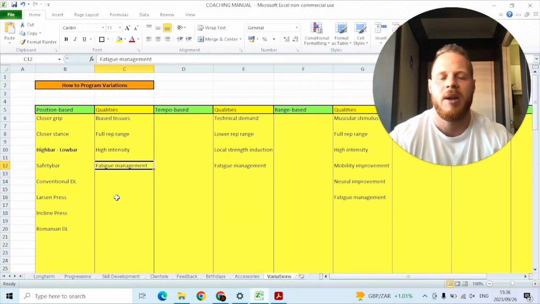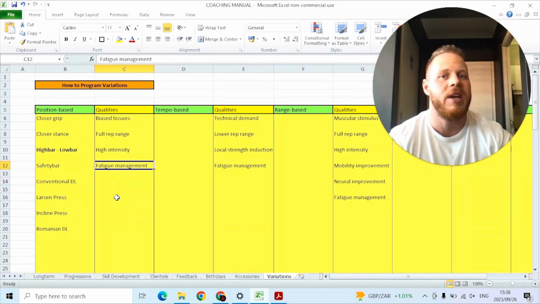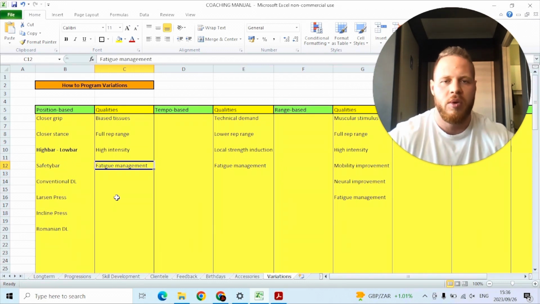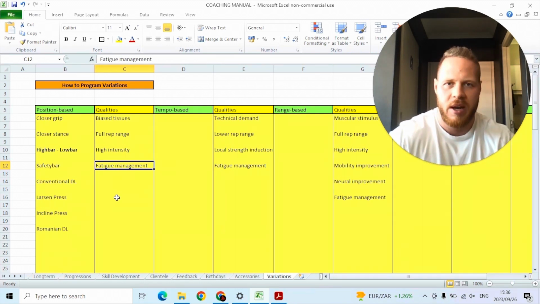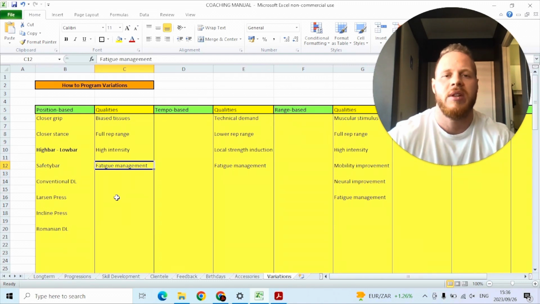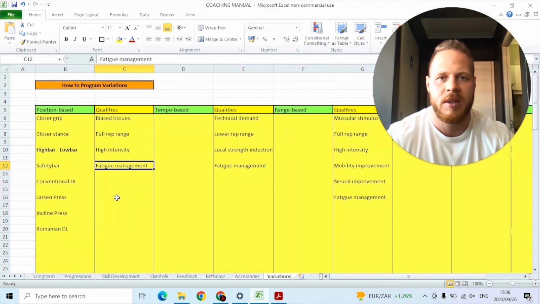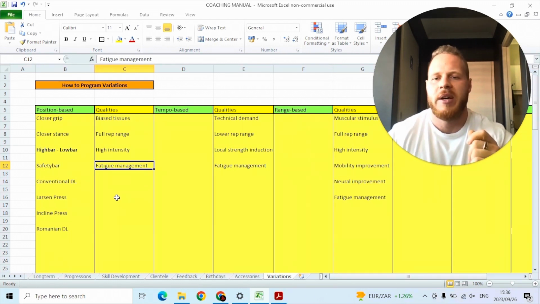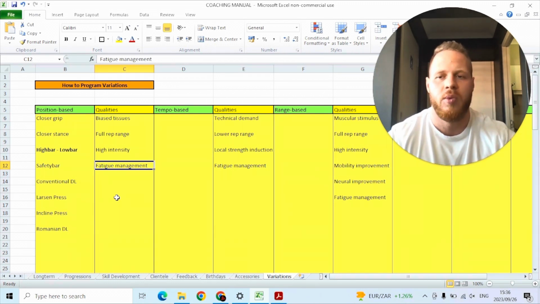So it's a fantastic way to manage fatigue, a fantastic way to get more work done, because at the end of the day, the more we are able to recover from, the more we are able to do, okay, the more returns we will get. The whole fallacy of more isn't necessarily better, okay, more is always better as long as you recover from it, as long as you're still gaining from it, as long as we don't have diminishing returns from it. Does that make sense? So definitely a great way to get more work done. Okay,